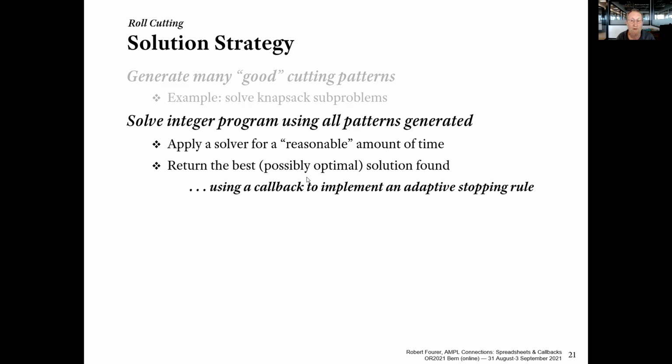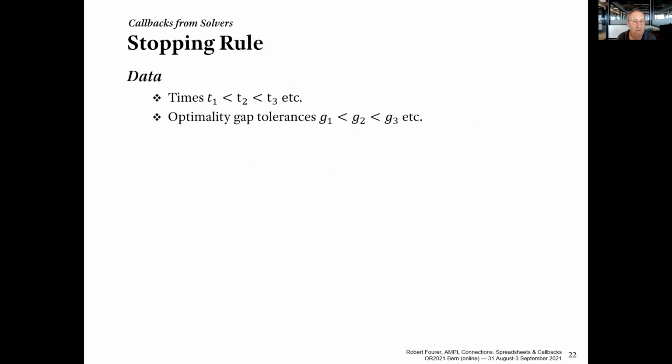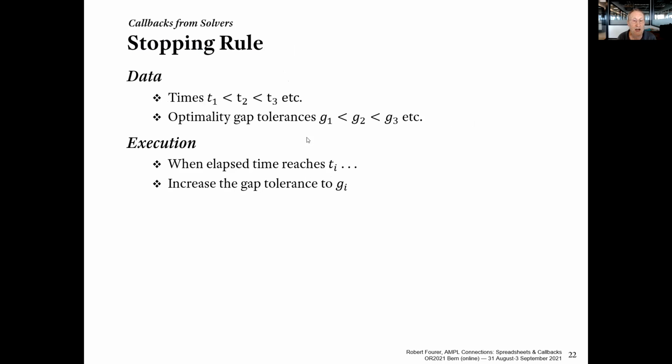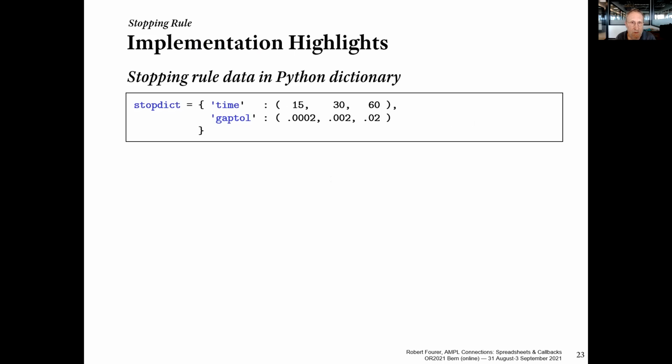So you want to apply a solver for a reasonable amount of time and then return the best solution you found so far. And the way I'm going to show that is by using a callback to implement an adaptive stopping rule. And the idea of the adaptive stopping rule is that I have a series of times and a series of tolerances. And when the elapsed time reaches TI, I increase the gap tolerance to GI. Okay, so I relax the tolerance for when to stop. So here's a Python dictionary with a sample rule, and